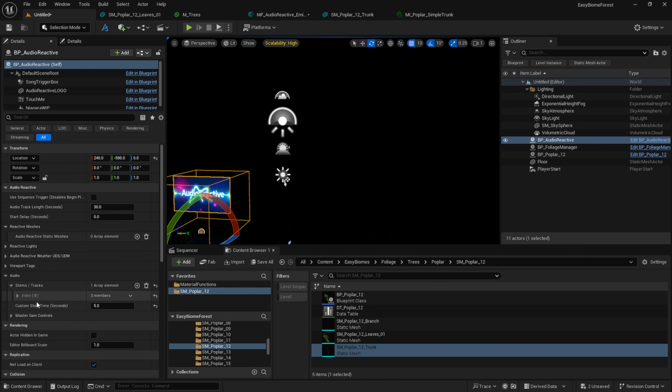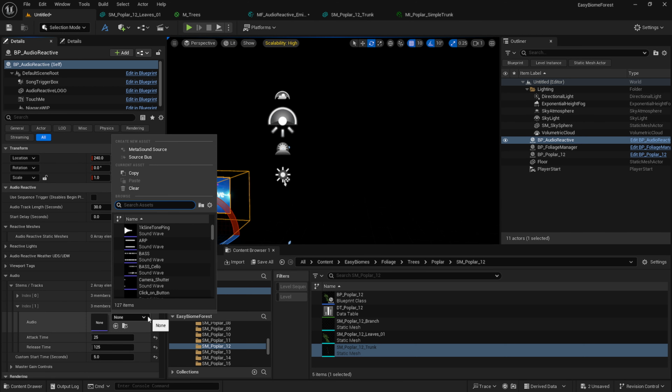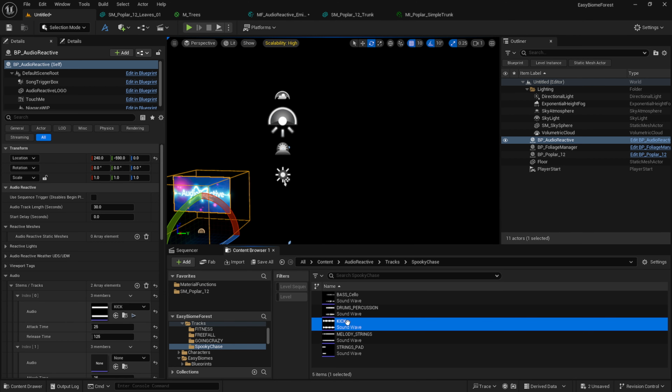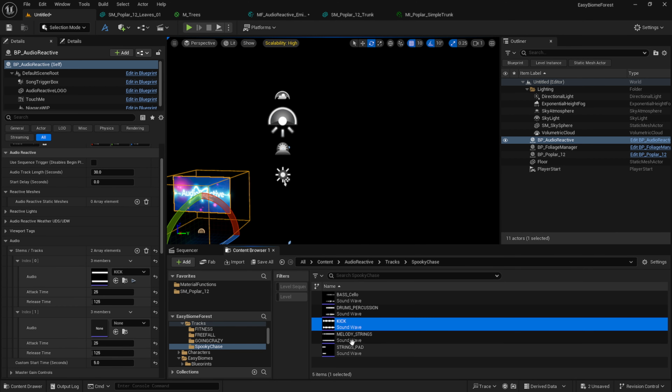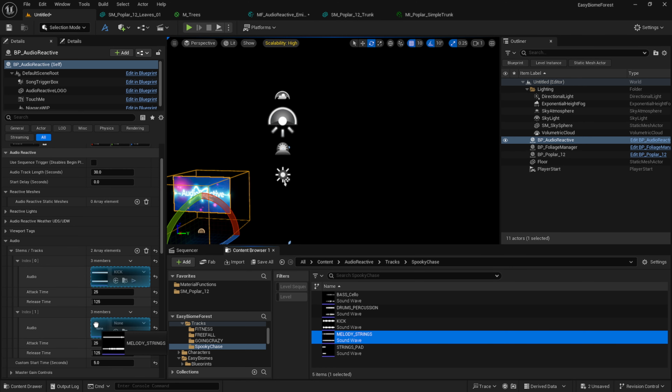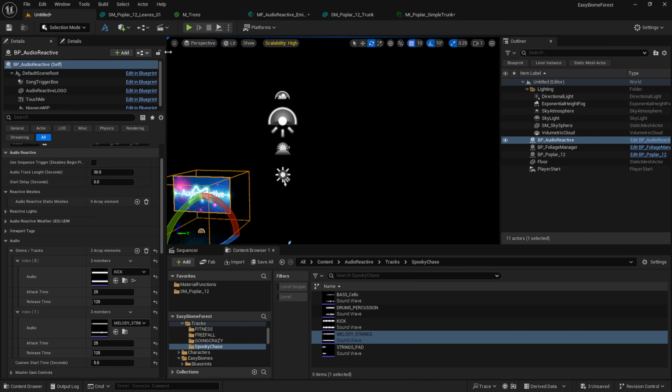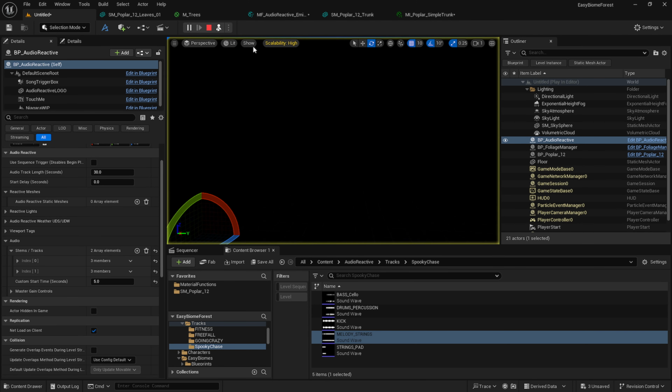Now let's add a little more variety by doubling up the amount of audio tracks we have. And let's see if we have any kind of good melody. Actually, first, let's go to our kick and use a corresponding audio track. We use the strings. There we go. Let's put these in here. Now let's go back to our branch and change our audio stem to 1 to use this new melody I just plugged in, and hit simulate one more time.